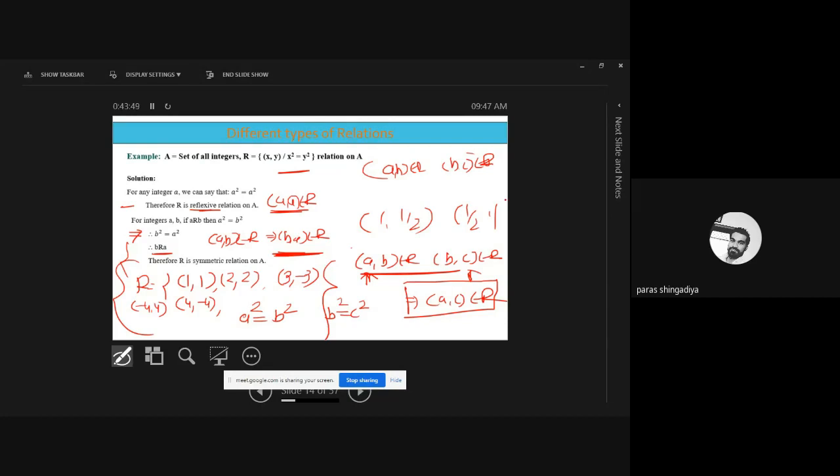I cannot compare the 1,1 and 2,2 pair. Remember one thing, I cannot compare 1,1 and 2,2. That is not my AB and BC. B should be the same. When we apply the transitive, the value of B should be common. If you consider 1 here, then it should start with the 1 here. You cannot consider 3 there. We cannot take the 3,3 pair as B and C. We cannot take the 4,4 pair as B and C. The B should be the same, then we can apply the transitive relation.